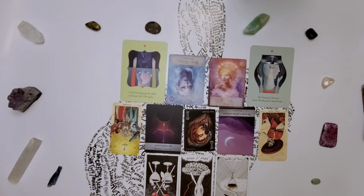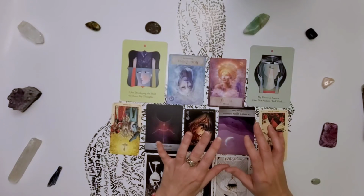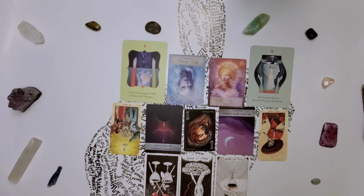What's really cool is that you are recognizing that the things that you think about are the things that manifest for you. You're also recognizing that your home is really important to you. So I'm getting that you take good care of your home, or that you're at a space where you want to take good care of your home, because again, this is a general reading and I'm getting a